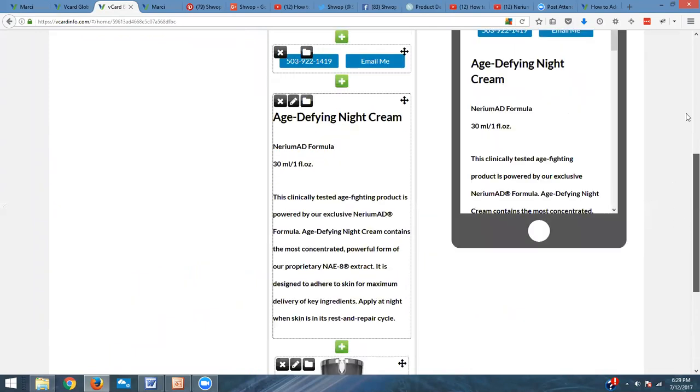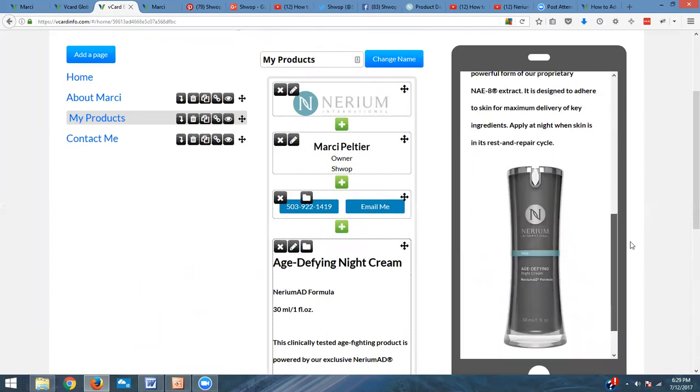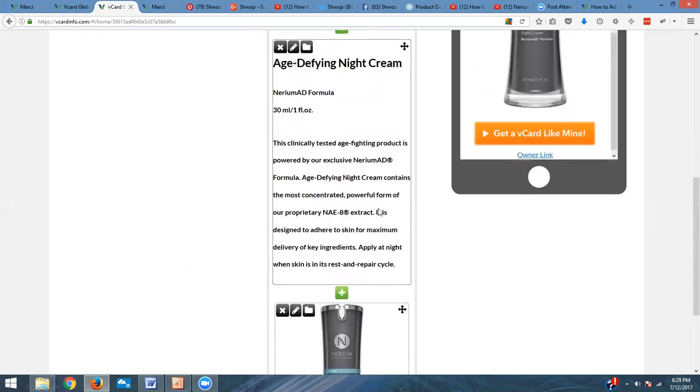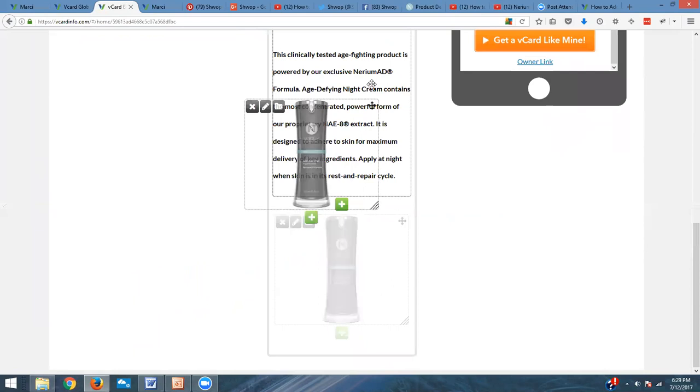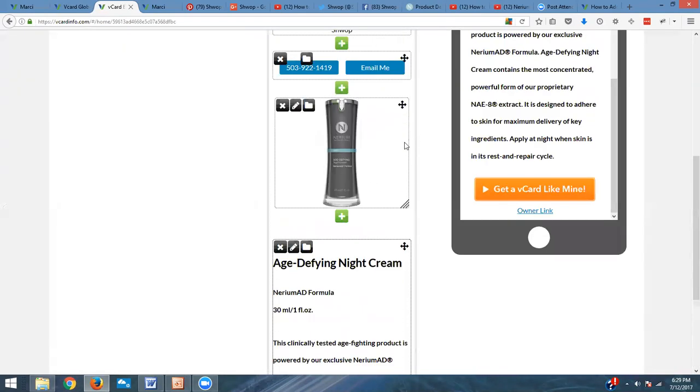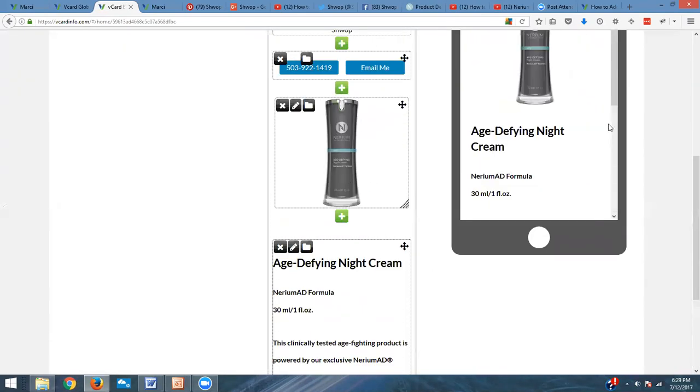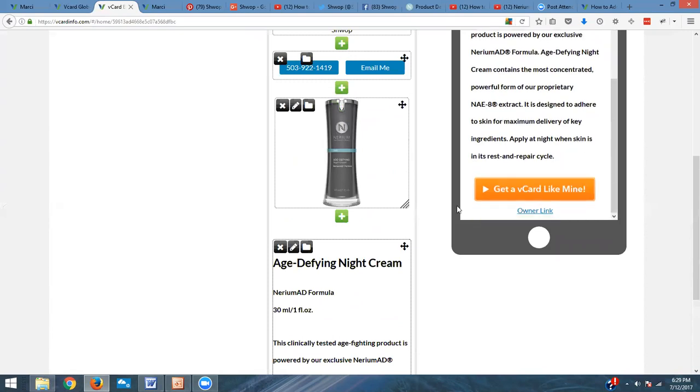Now, if I want to see how this looks, I have to look over here. And, whoa, that looks really, really big. So I'm going to make that a little bit smaller. And then I'm going to move this up here as well. So I've got my product here. I've got a description here. And then